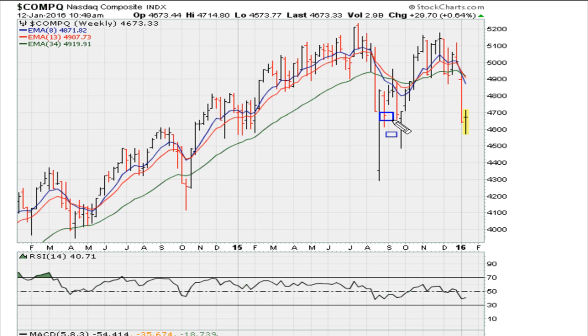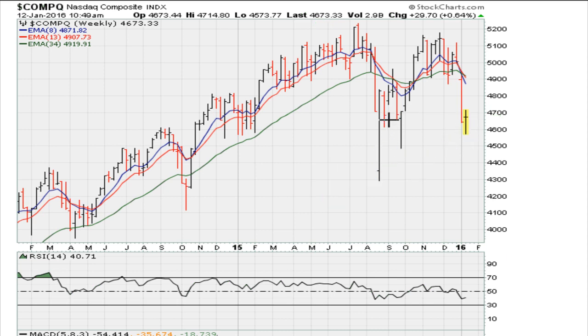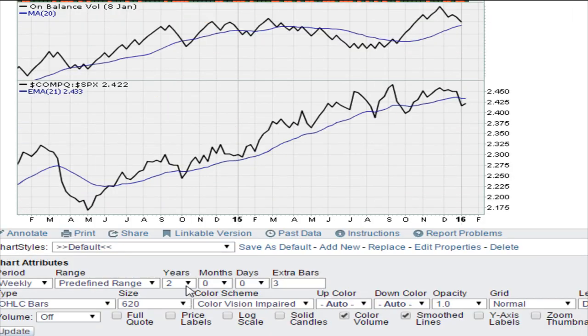If the NASDAQ can hold the recent weekly closing low, the level there is 4683.92, then that would suggest that it has found much needed support. Right now trading at 4673, so about 10 points shy of 4683. If it can recapture that level, let's just be aware that this might be good enough to stop the current market down move. So just be aware that yes, things might still show downside action, but let's be aware that,